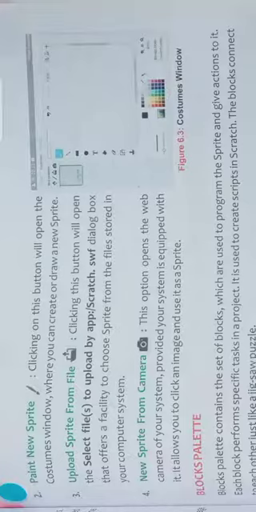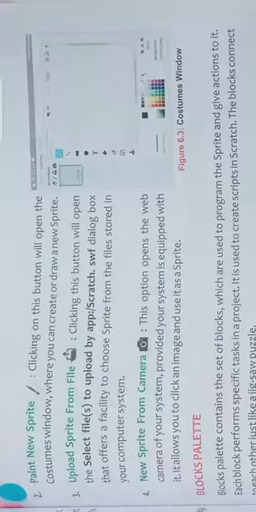You can take a picture. Suppose you went somewhere else and clicked a picture of many people there and you want to add their faces as sprites, then you can edit that picture and add it as a sprite in your project with the help of upload sprite from file.